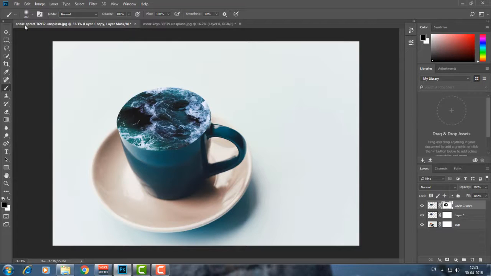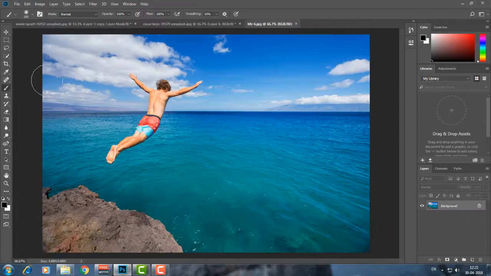So import the man layer. Okay, so I have imported my man layer. I'm going to unlock it. Now I'm going to use the quick selection tool. I'm going to increase the size a bit. Okay, now we're just going to select this man